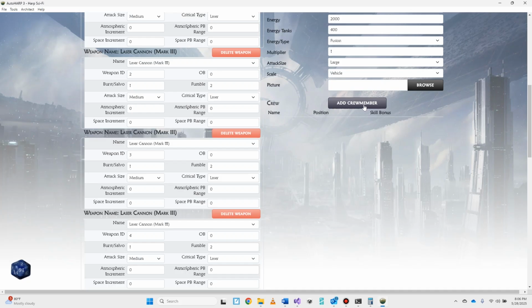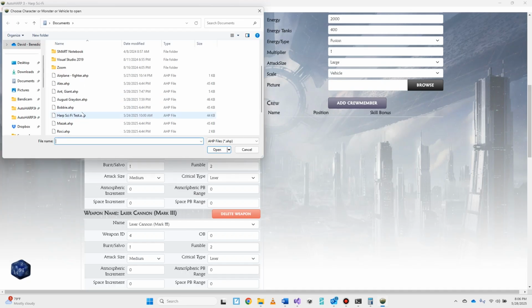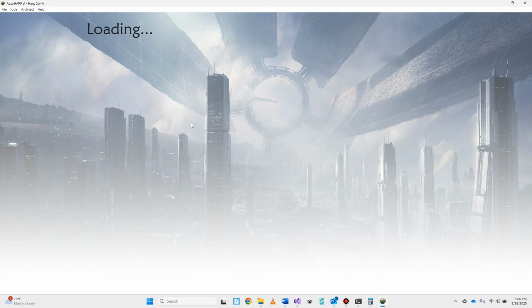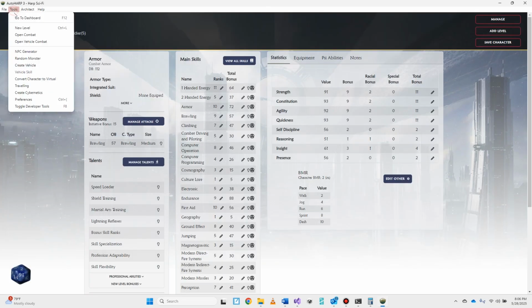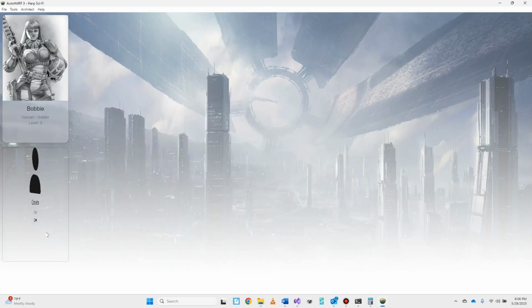Now, the thing that you would want to do is you would want to have character sheets that have been opened up and loaded already into your application here. For example, if I were to go to File, Open, and I should have a character sheet that I can open up here, let's say Bobby, for example, and I go back to this vehicle, go to Dashboard and click on the Corvette,